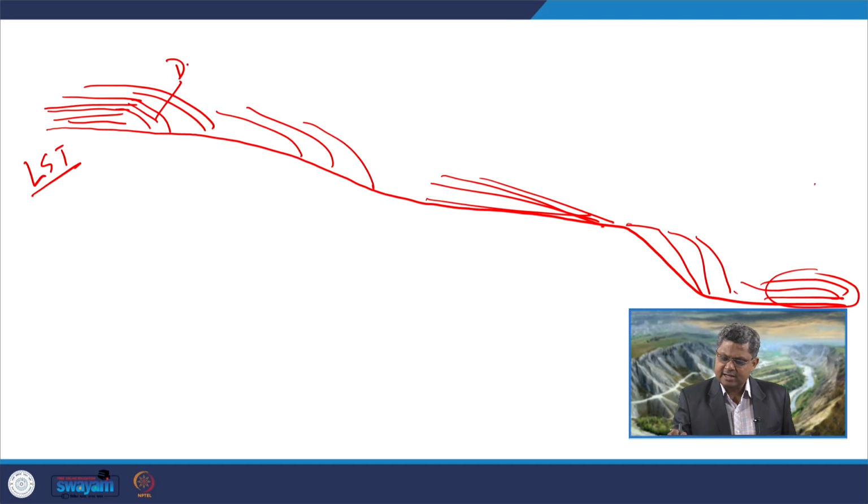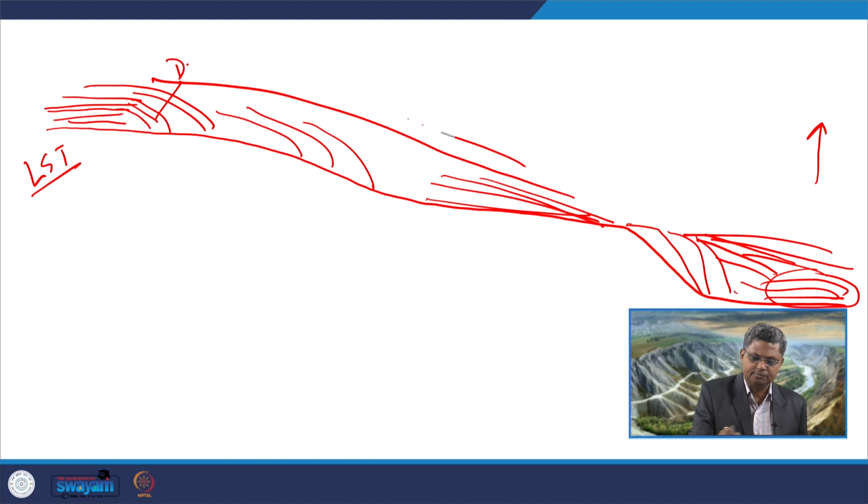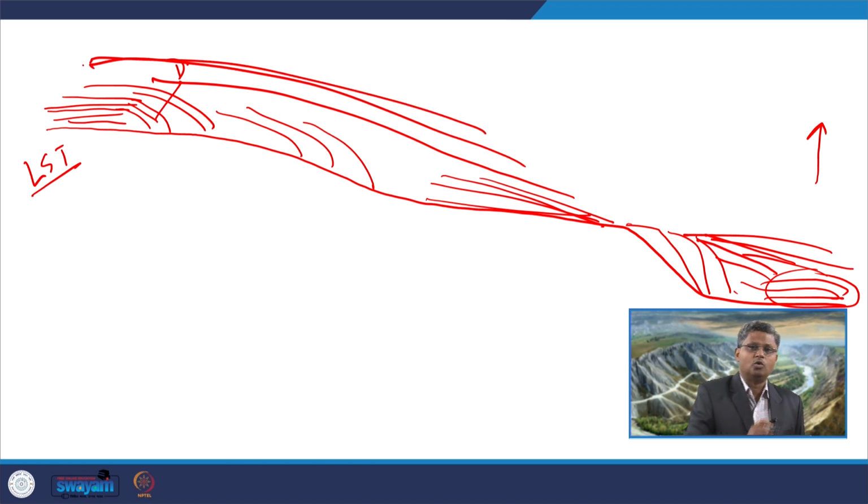After this the base level is rising up, and due to that rising base level condition, what we get is a transgression. That transgression initially starts over here. This is one package, it tries to cover up this part, and the second package covers up over here, which can again be divided into three different zones.